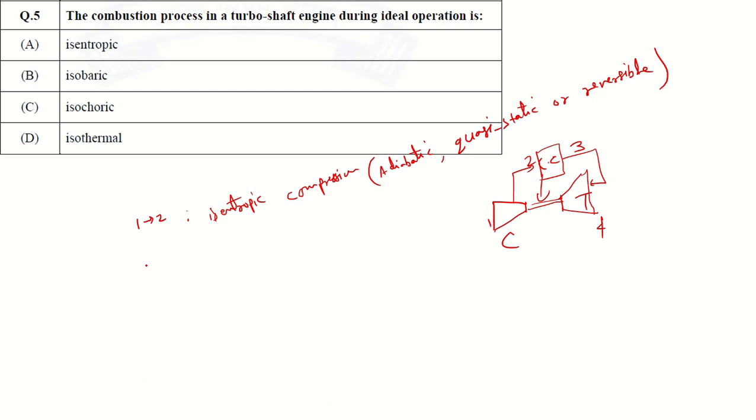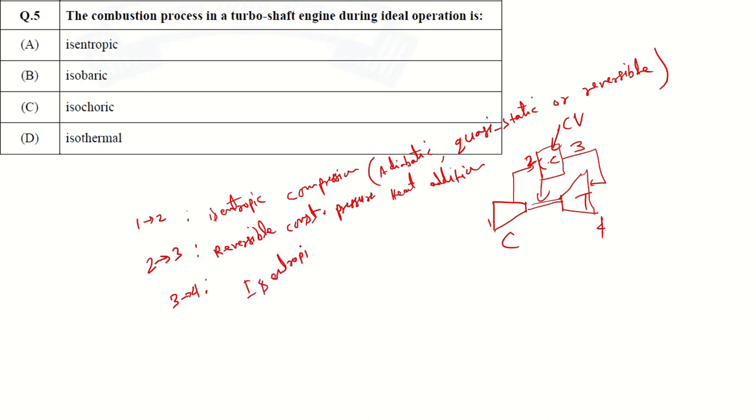So this is the condition for 1 to 2, and 2 to 3. During the combustion chamber process 2 to 3, we have reversible constant pressure heat addition. Obviously, during the combustion chamber we are adding heat also. 3 to 4 is isentropic expansion. And 4 to 1 is